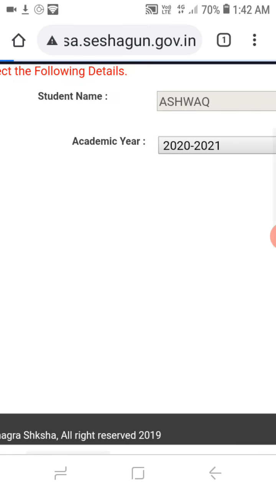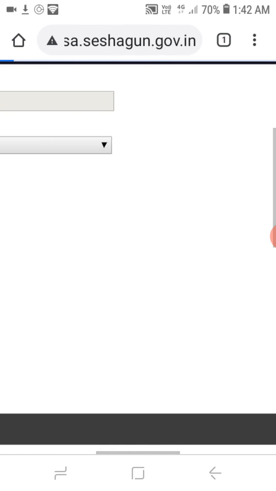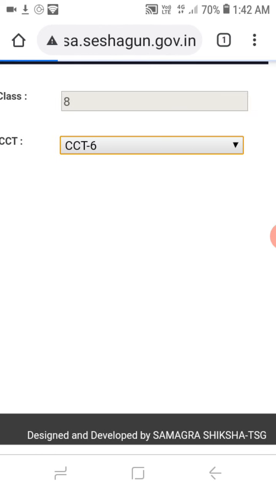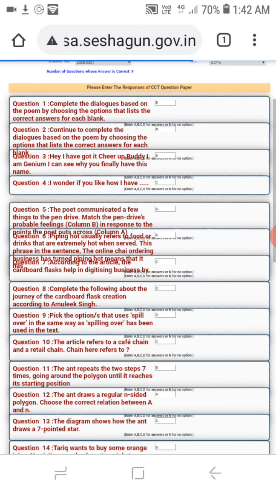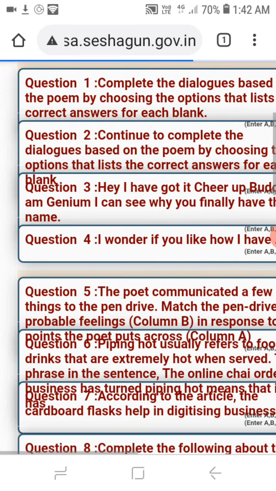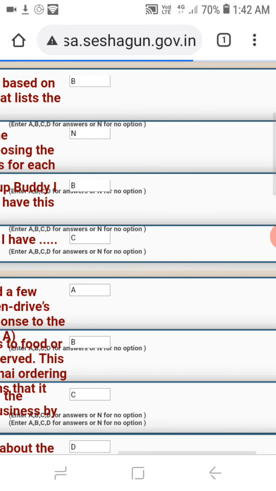The website is very slow, so wait for it to display. Okay, now it is displaying. Okay, so don't go, I will just zoom. So these are the ones I already attempted.